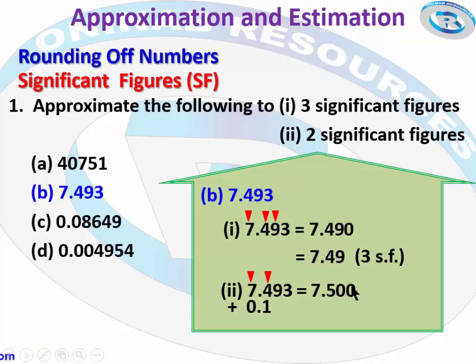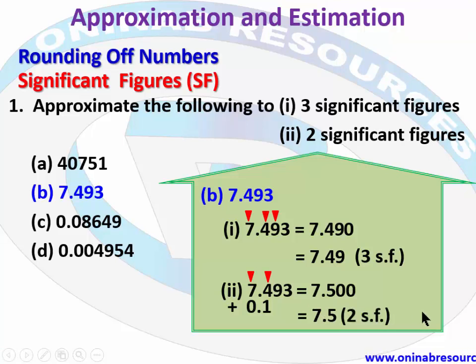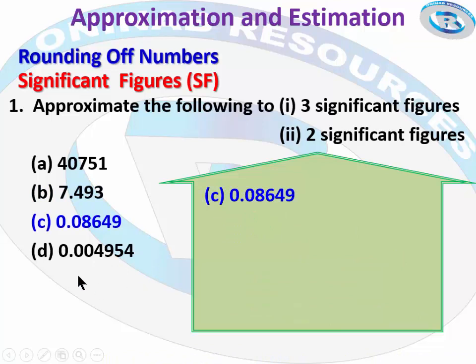And we said it can be ignored. So we have our final answer as 7.5 to 2 significant figures. So we go to C part of the problem. For C, we have